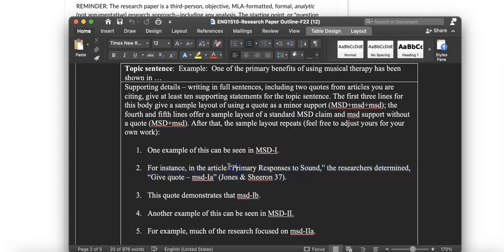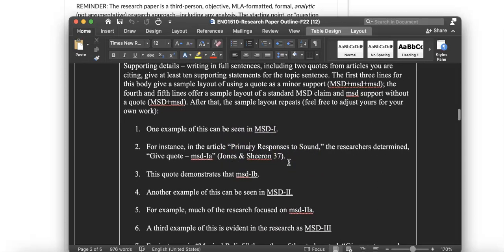Do not give me full titles of articles in the introduction to your quote. If you're going to give me anything about the title of the article, just give me an abbreviated version. It only has to be enough words from the article title so that I can find it in reference to other pieces on your works cited page. You give a major supporting claim, followed by the quote itself that supports it.